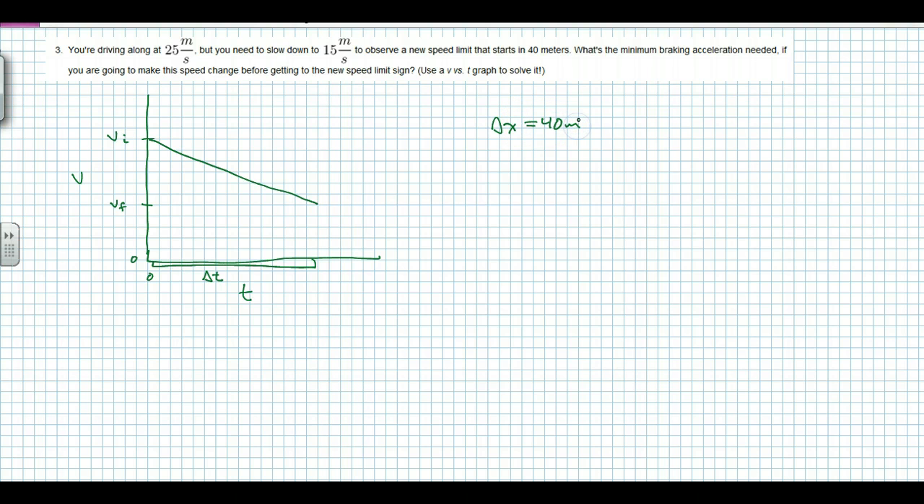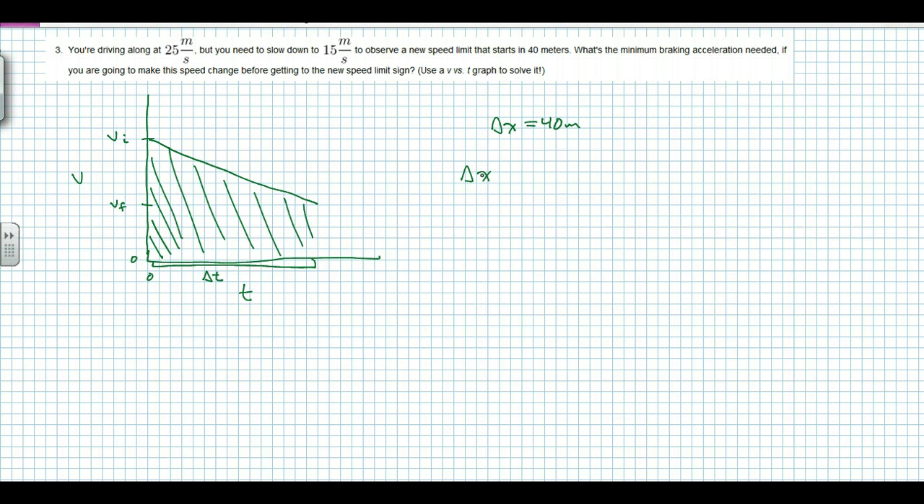So if we solve for the acceleration needed to make this happen in 40 meters, then we'll have the minimum acceleration needed. So we need to figure out how to get our delta x from this graph, and that is the area of the graph. But this graph is a trapezoid, so how do we get the area of a trapezoid? Well,